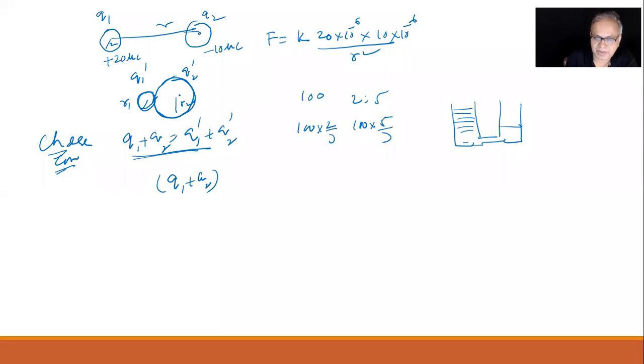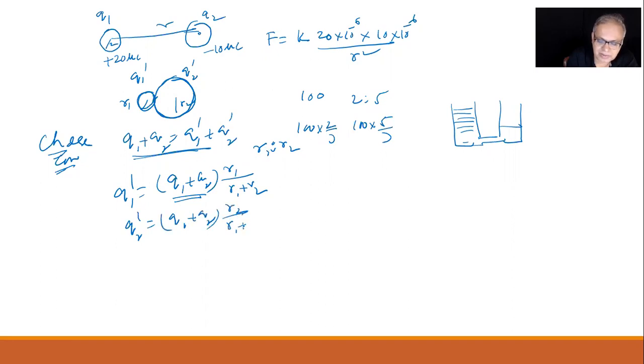The proof comes later because that comes in capacity and all that. But these kinds of problems keep coming in Coulomb's law, so I've just given it. The total charge must be divided in the direct ratio of their radii, so R1 is to R2. So for Q1 dash, it will be total charge in the ratio R1 by R1 plus R2. Q2 dash will be total charge in the ratio of this one. That's what we have done in the previous problem. How they are divided in the direct ratio of their radii, I'll show you sometime later. Remember that.